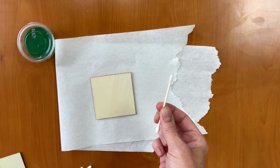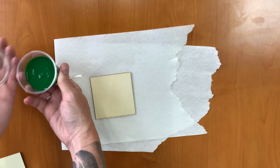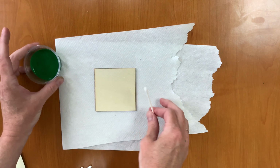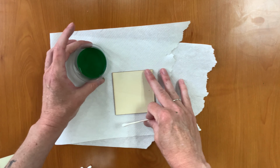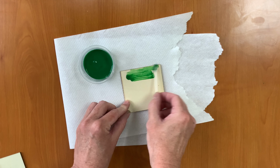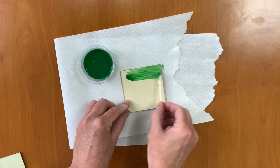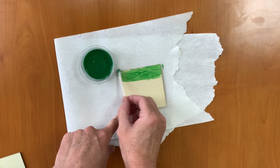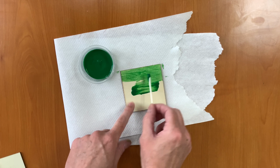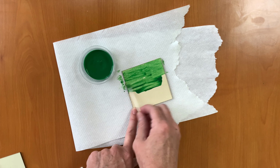We're basically going to use one of these Q-tips as our paintbrush. And what I'm going to have you do, get all this situated so we don't make a mess, is you kind of dip it in there and you're kind of going to wave it back and forth and start to paint. Now, a couple of things. Part of the reason that I picked this particular kind of wood is because even when you paint it, you're going to kind of be able to see the grain of the wood